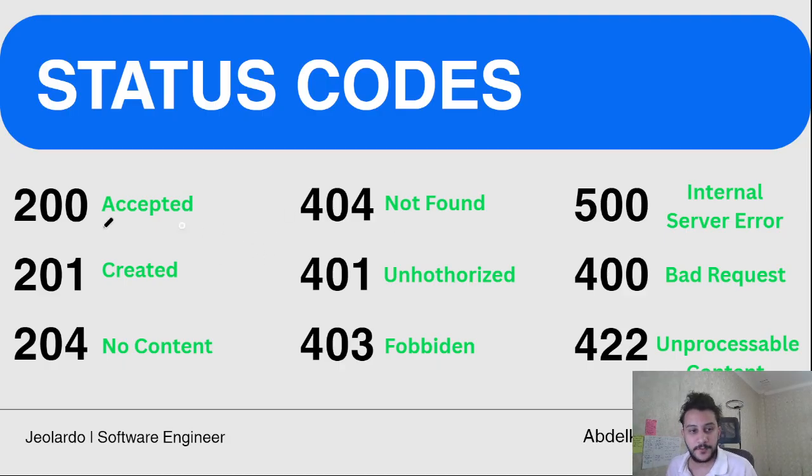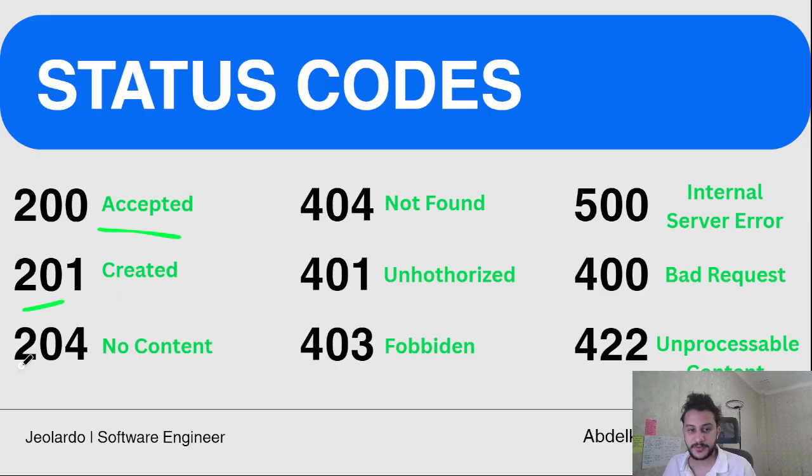There are a lot, but here I just focus on the most important and most used. So here you have 200, that means the response just returned successfully. We have created, so if you want to store something in the database or create something, here